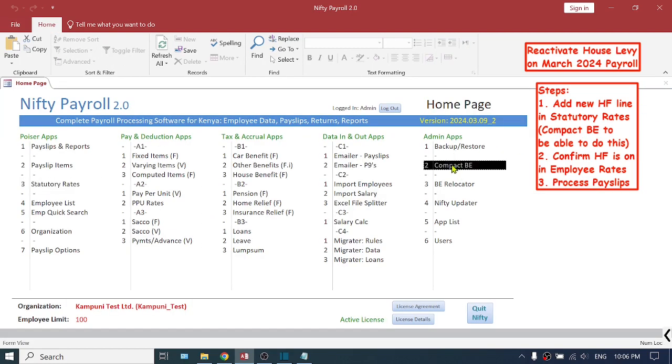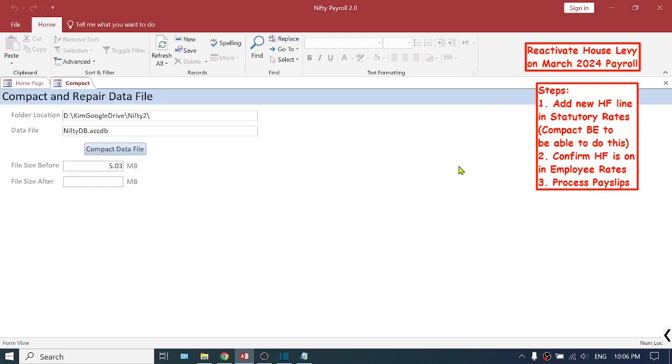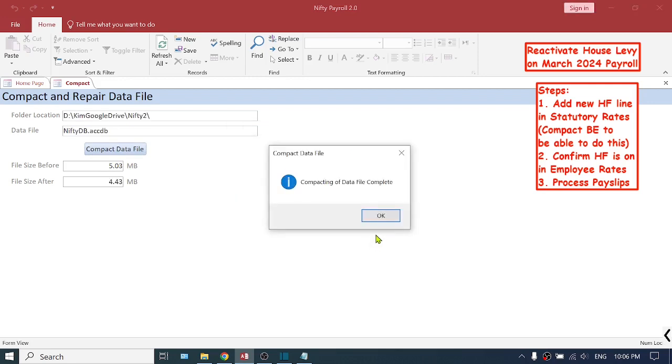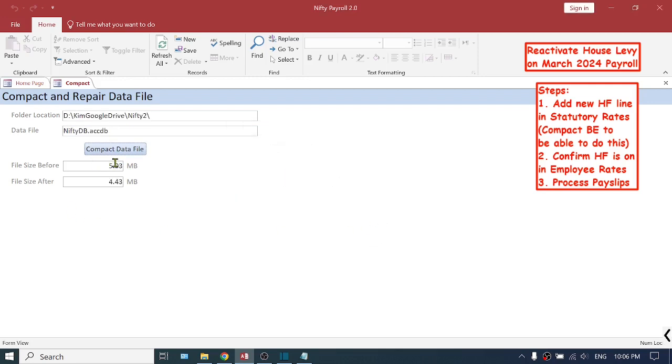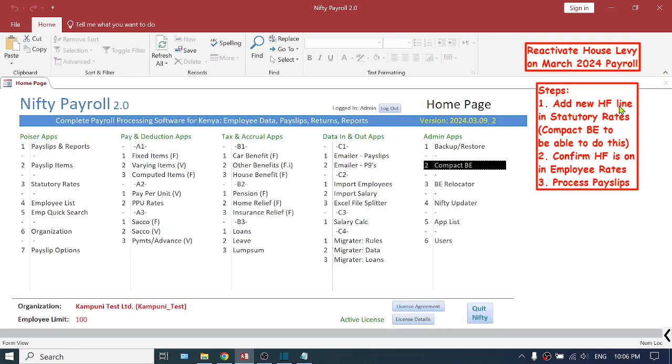So compact backend is here in your admin apps. Your backend is your data file, and compacting does a shrink of the file, and it also repairs the file. So this is the original size of the file. When you click compact, it finishes compacting, and you will see that it will have shrunk your file. This is a good thing to do from time to time. So once that is done, we can now do step one, which is to add an HF line in the